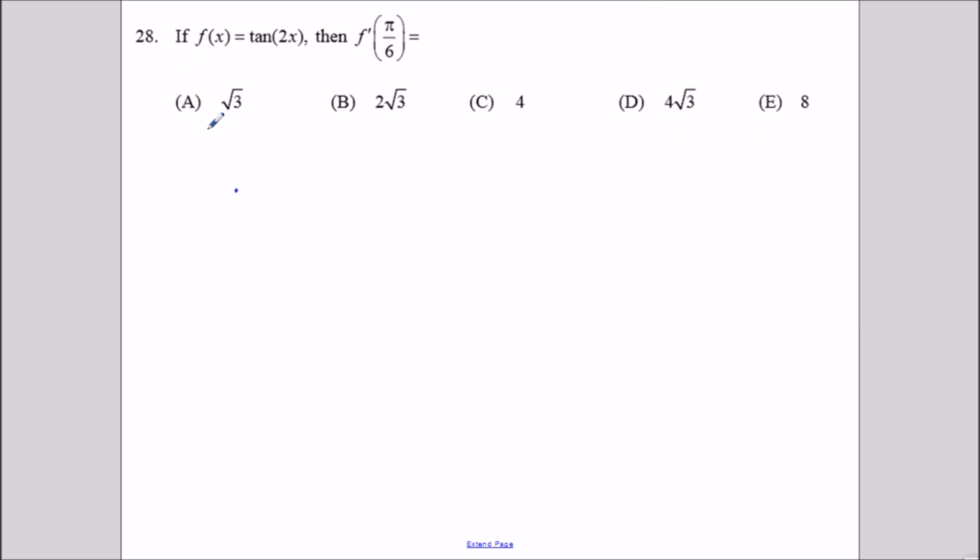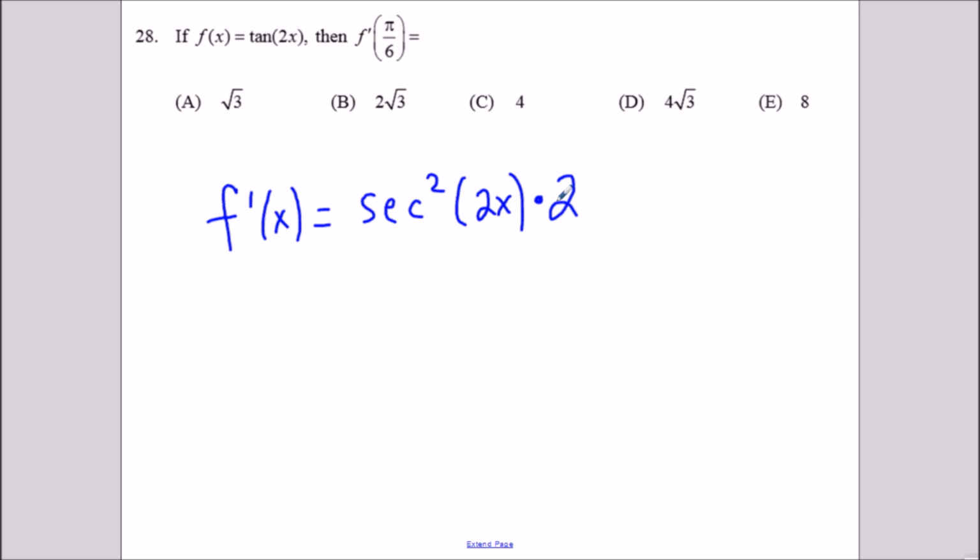Okay, now the last question here, we have f of x is tangent of 2x, and we need to find f prime at pi over 6. So the first thing we should do is take the derivative of tangent 2x, and the derivative of tangent is secant squared. We leave the inside the same, but we have to use chain rule,